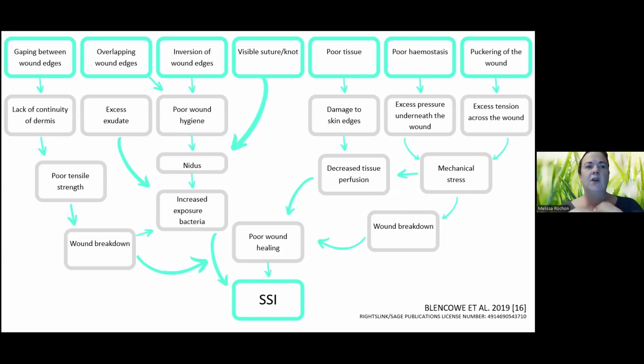Now, I'm not surgically trained, and so we don't tend to touch on the technical aspects. But the colleagues in Bristol are saying that if you have wounds with some gaping, that's a risk for bacterial ingress or contamination. If you have puckering or issues with the tension of the closure, that can affect the perfusion of the wound, the oxygen, the nutrients, and can lead to poor healing, breakdown and SSI. And excess suture material is a nidus for bacteria. You can see how technique can start to lead to issues with SSI.